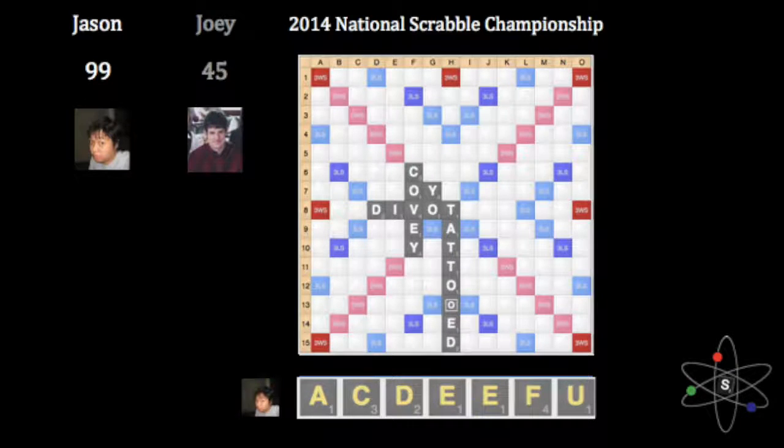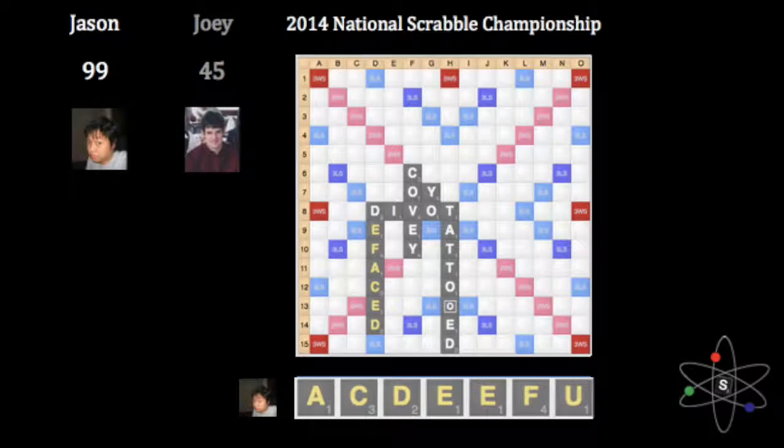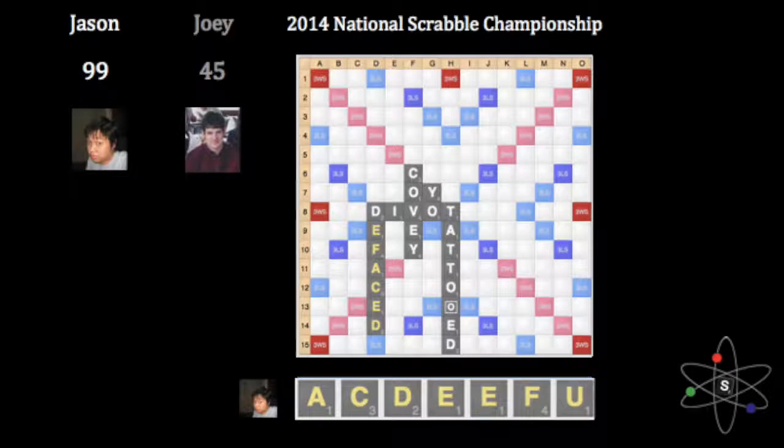Jason, ACDEEFU. He can play feuded or he can play defaced in 2 spots. I definitely prefer defaced where Jason plays it. Again, we're trying to close quadrants. At this point, Joey's also closed the C, which means it's a little bit harder now to access the top right, which means that making the D go downwards so that the D can't access the top left is going to make it very difficult to open the entire top of the board, especially if we can do something to get rid of that